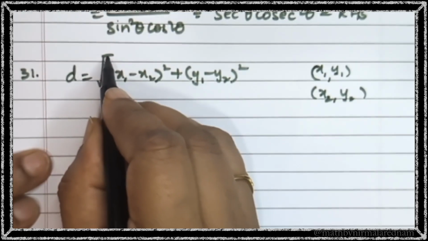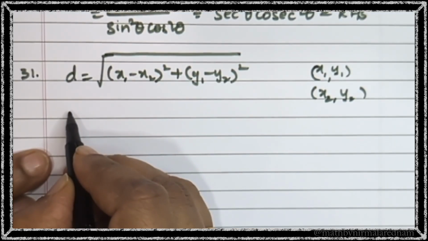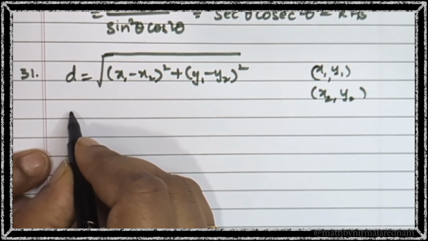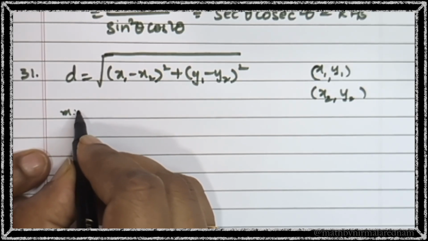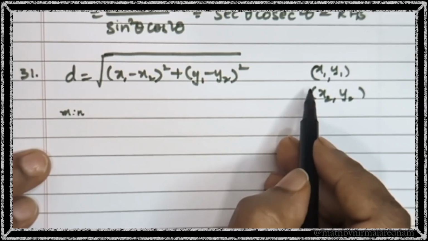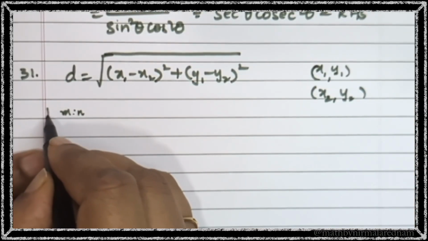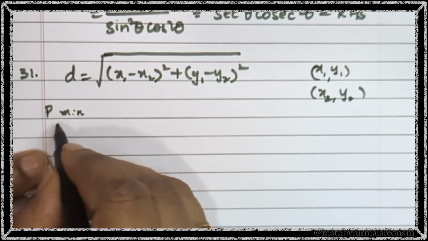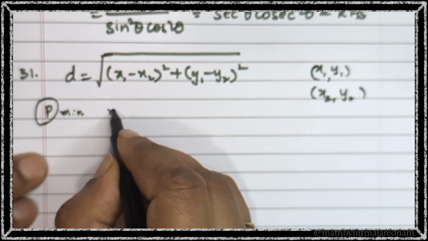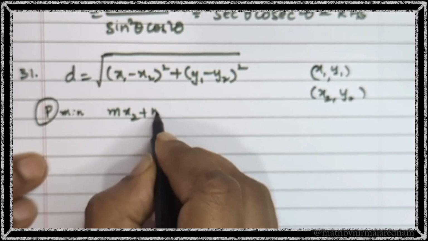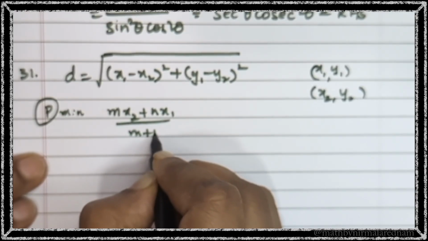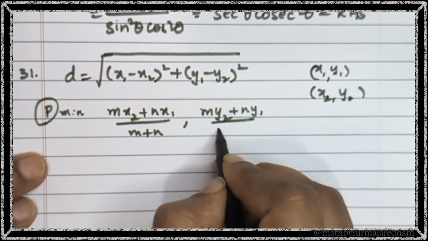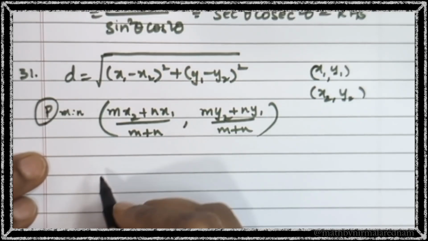So we'll be using this, right? And then what is the ratio formula? You know that the point which divides something in the ratio of m is to n, okay? If the point P is dividing this line joining x1, y1 and x2, y2 in this ratio, then the coordinates of P are given by (mx2 + nx1)/(m + n), (my2 + ny1)/(m + n), internally of course,